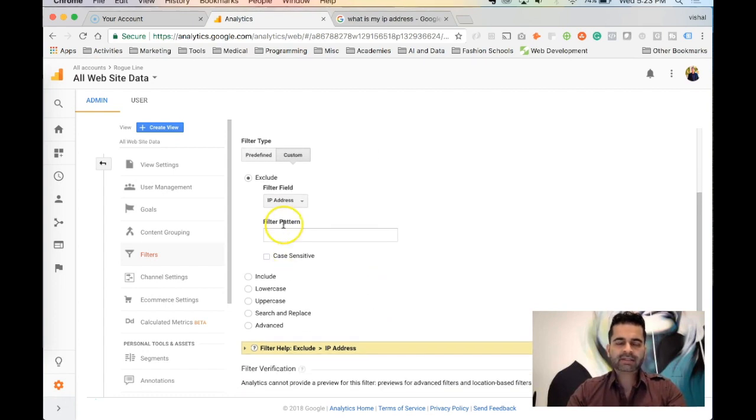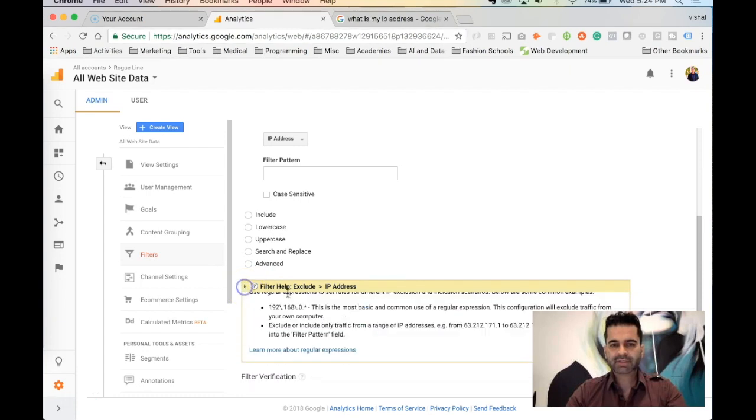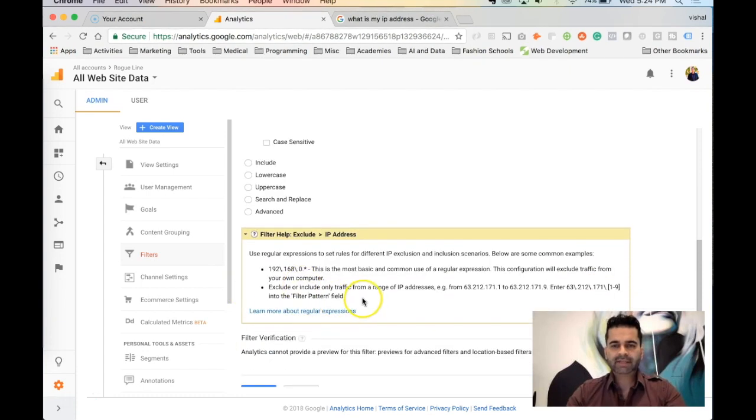And now here, since you want to define a range, not just a single IP, you have to use a regular expression. So here Google gives you a little hint of what exactly a regular expression is. You can hover down and see it says exclude or include only traffic from a range of IP addresses. So let's say your IP address range goes